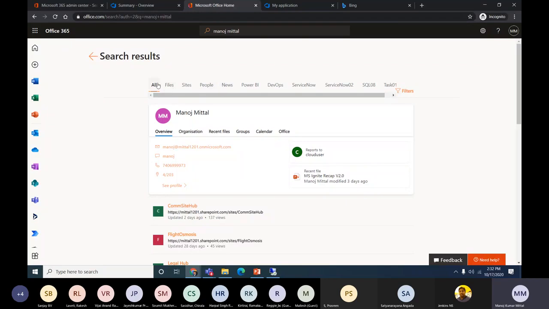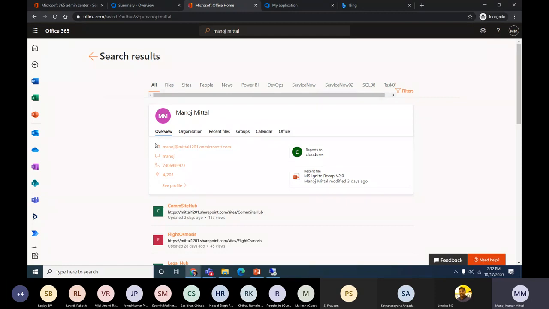Okay, so like this, all the tabs come, it's out of the box till here. We can search for Power BI, news, people, sites, and files, and everything else you are looking at here is all my custom Graph connectors. I just used the DevOps task, ServiceNow task, and SQL task. Once they get crawled, we can create a result source and create verticals, which are different tabs that will start appearing here.